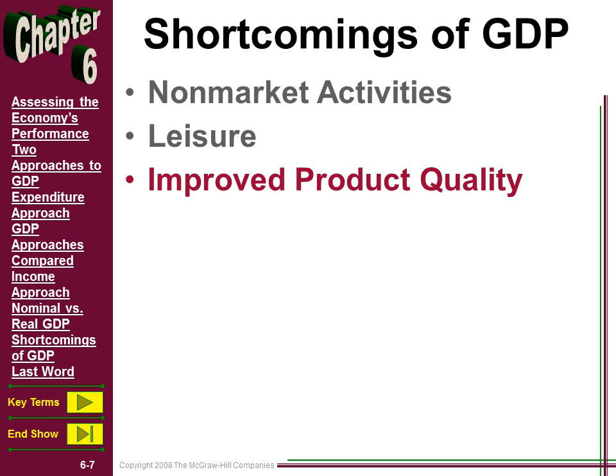This is a big one, improved product quality. Think about the cell phone that you own compared to the first cell phones that came out. Or think about a laptop that exists today versus a laptop from even 10 years ago. It's interesting when you think about the improvement in product quality. Let's stick with the example of a computer. In 1994, a desktop computer probably cost you